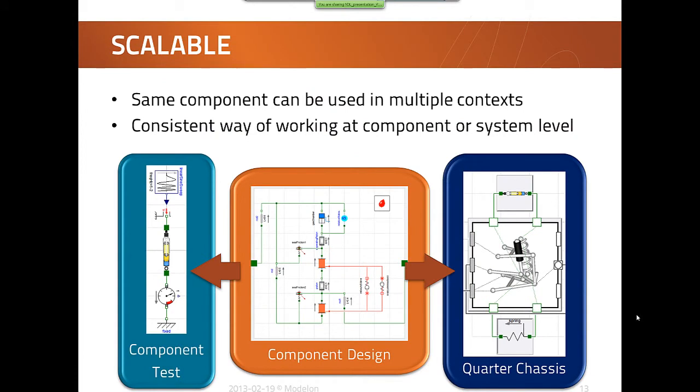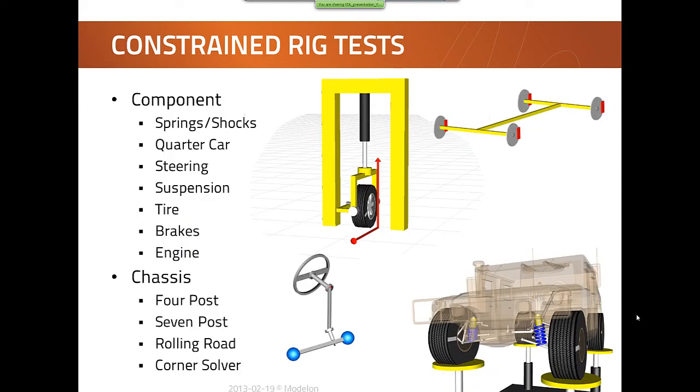From a scalability standpoint, it makes it very easy to work from the component design and work with that component in multiple contexts. So you can work at the component design and then move on to component test, and then take that component and drop it in a more complex system, like a quarter car, for more system level analysis. In order to facilitate working at the component level and moving progressively on, we have rigs at every level